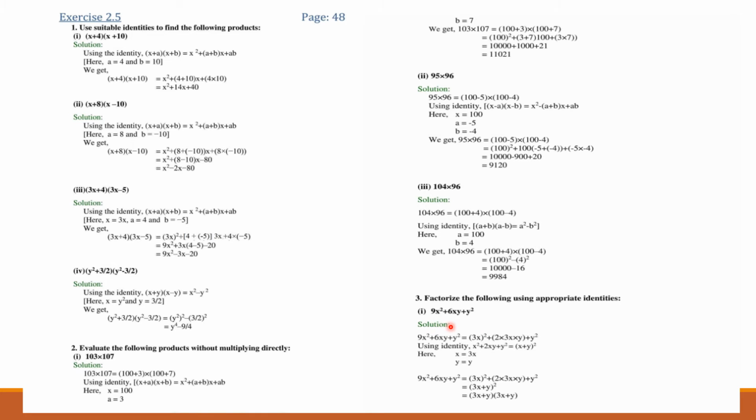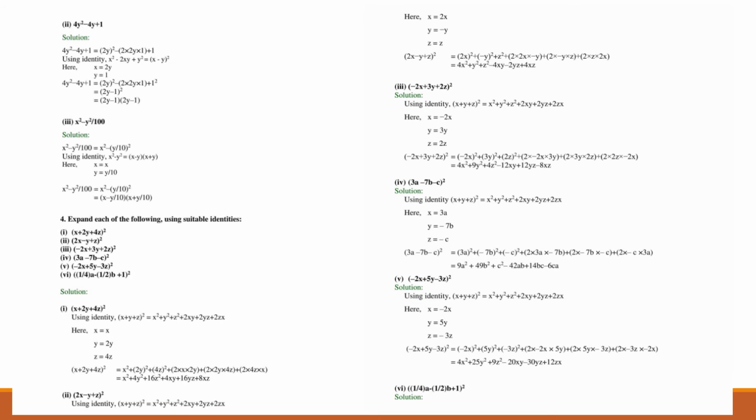When we have a close look here, what we are finding is that 9x square, it means 9 is the square of 3, y square is the square of y, and in between we are having 2ab. When we correlate both of the terms, what we are finding is (a plus b) whole square, where a is 3x and b is y. So when we compare both, it is (3x plus y) whole square. Similarly we will solve the rest of the question 3.